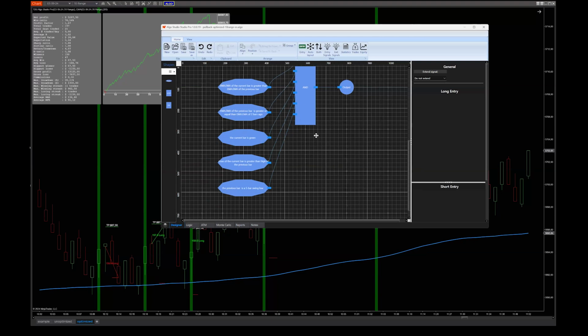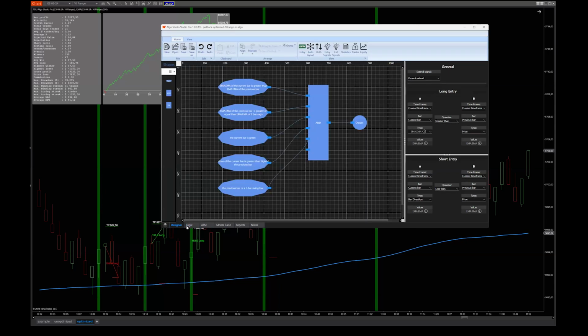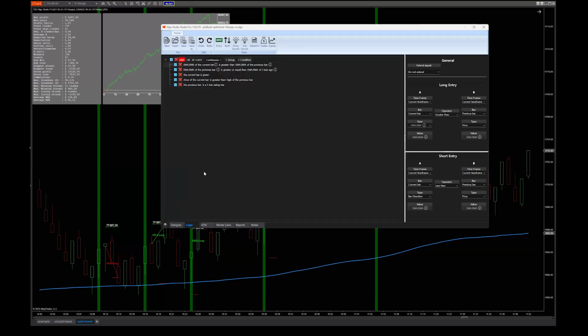As you can see, you can just drag and drop and create your algo, and some like to create it in a more logical sense. And personally, I prefer the logic designer for smaller algos. But if things get more complex, with multiple ANDs and multiple OR nodes, then the designer is maybe a better option. But you can use both.